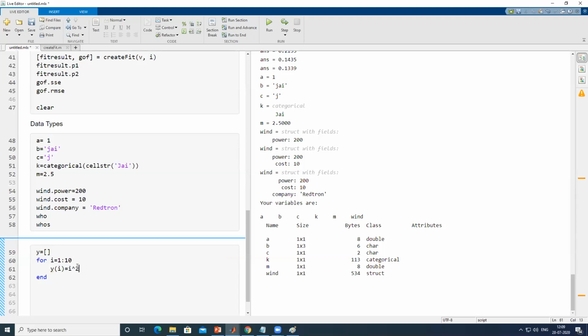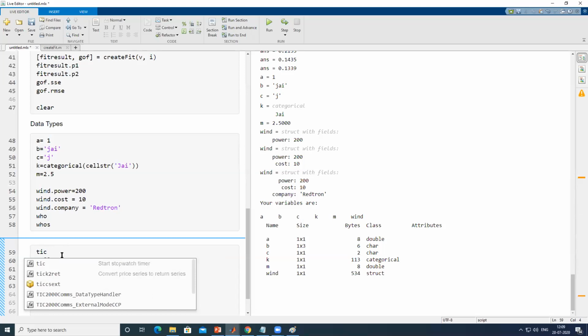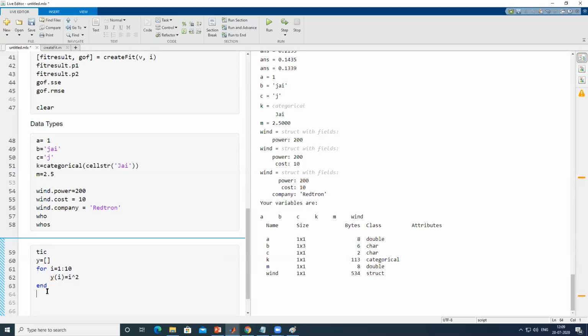This way I want to assign 10 values into y. The same problem I will solve with the matrix method, and we will compare the result.